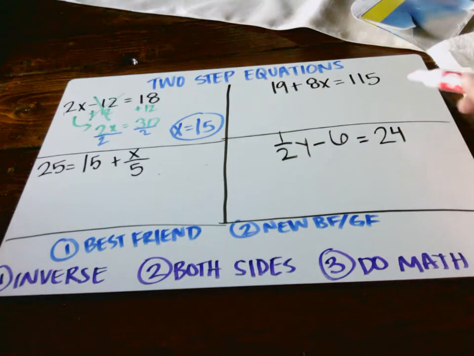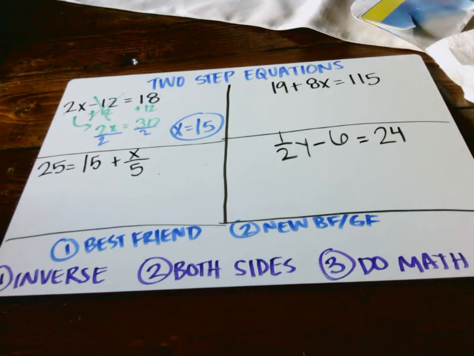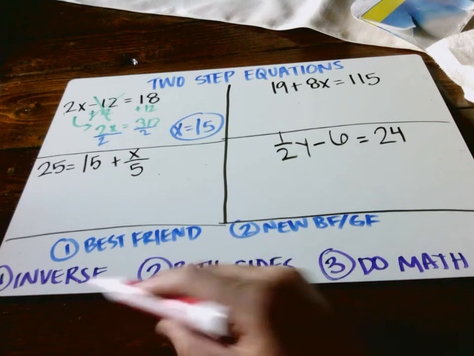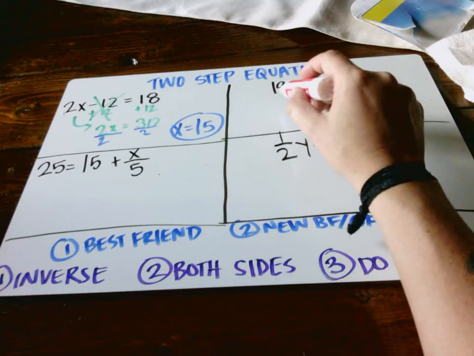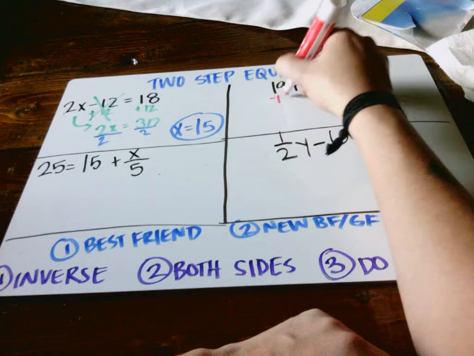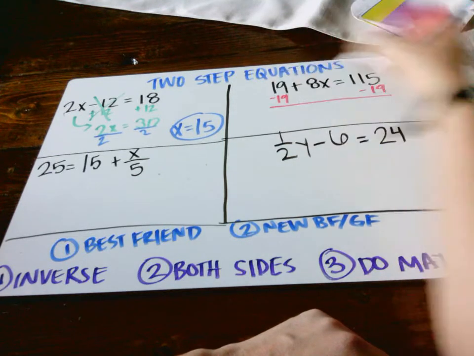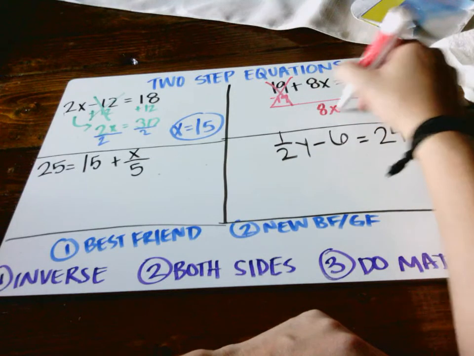Let's look at the next one. 19 plus 8x equals 115. So sometimes we get confused because our x is not in the front. But you still use the same steps. You start with the best friend, then you do the inverse on both sides and work it out. So 19 is currently positive. I need to do the inverse, which means I'm going to subtract it to make it 0. But remember, I have to do it on both sides. I bring down my 8x, and now I have